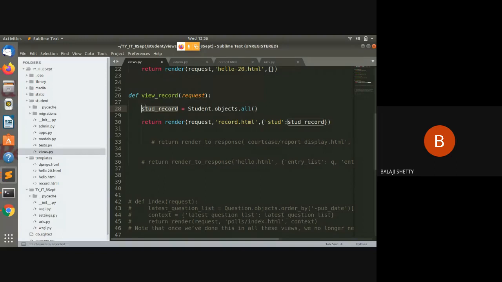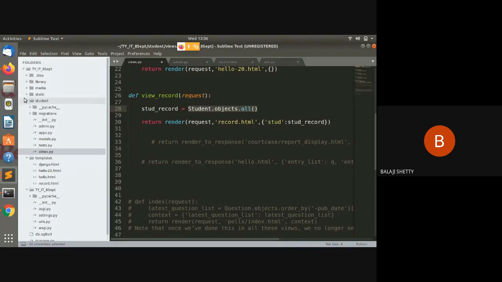Now you know dictionary. I have taught you the dictionary concept. So here first is the request object, comma, the HTML file to be called, record.html. Third, I am assigning the student record, all the records, to a variable named stud. What is the variable name now? STUD. Stud. Okay. So I am calling this record.html and I am passing one parameter named stud, and stud contains all the records in this model. Clear? Okay, now we will jump to the record.html file.